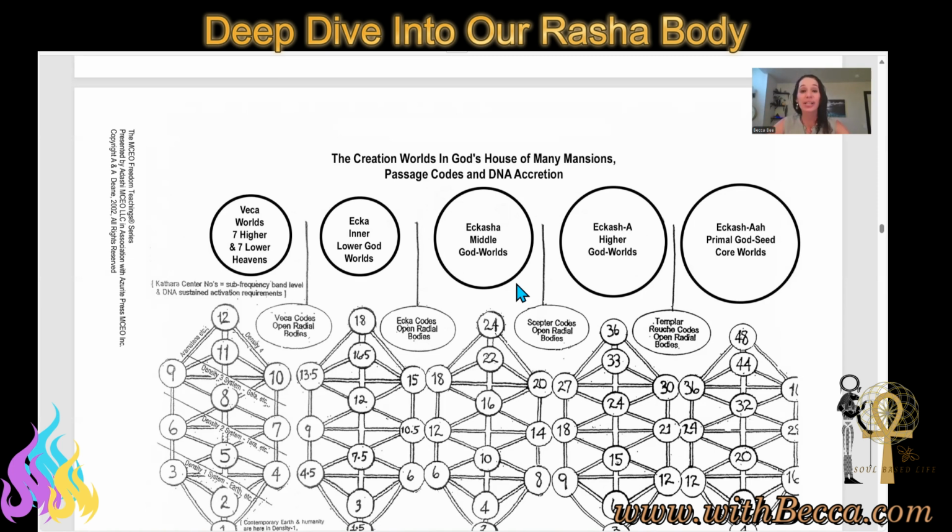The Akasha is one of the core symbols that we work with all the time, and that Akasha god seed symbol is really coming from the middle god worlds, or the middle domain worlds. You'll hear me say a lot of times, especially when we're setting up space, that we're moving past the middle domain worlds and even the higher domain worlds, where we want to primarily always be connecting to the core worlds. We're going to explore what that is.